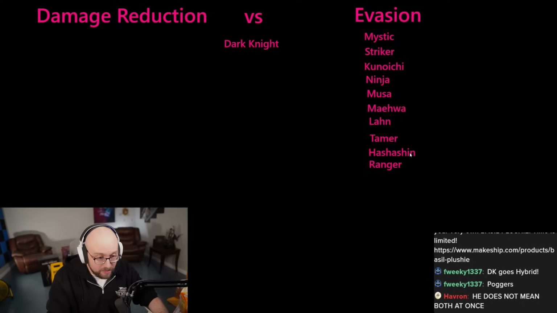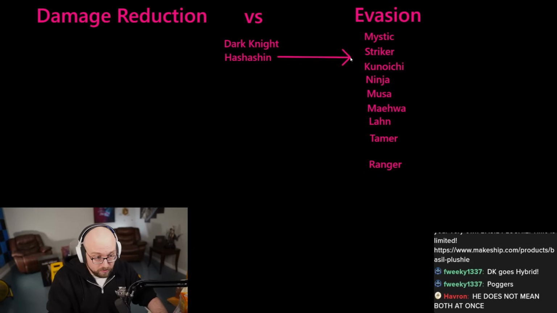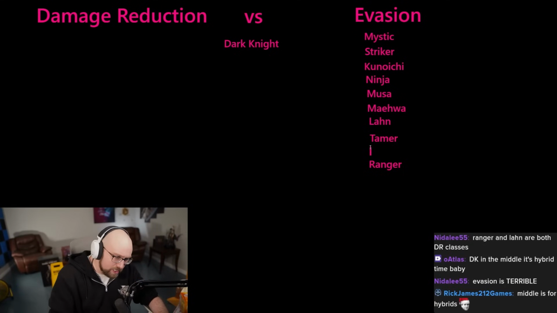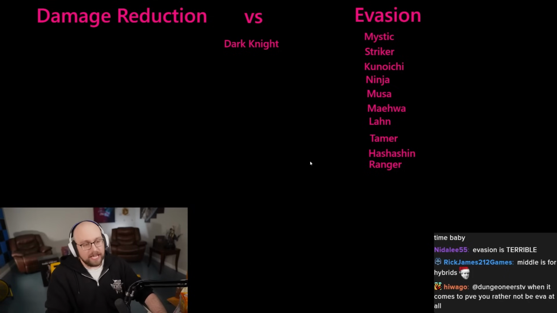Another class that people like to do this on is Hash. Okay, Hash should be built evasion. But a lot of the really high level Hashes build DR so that they can build big damage on the crystals. Now I'm actually going to keep Hash over here because I'm going to be honest with you. Do not take advice